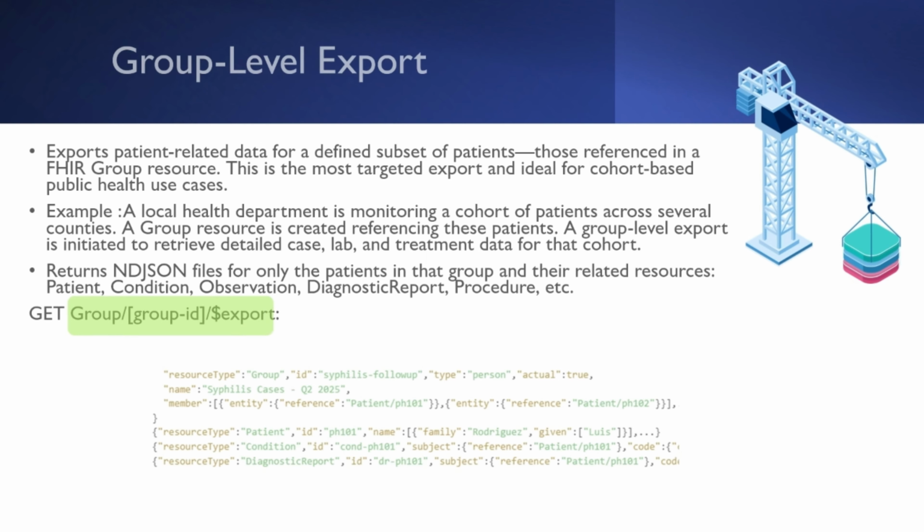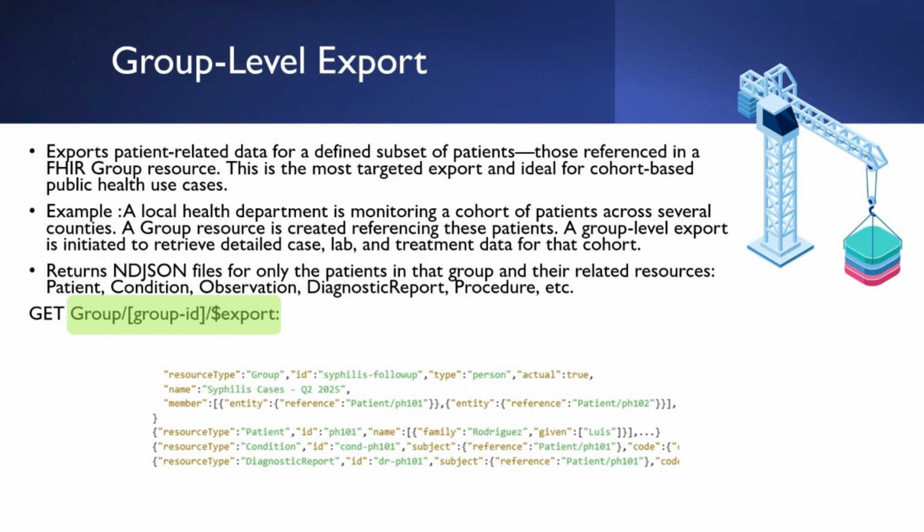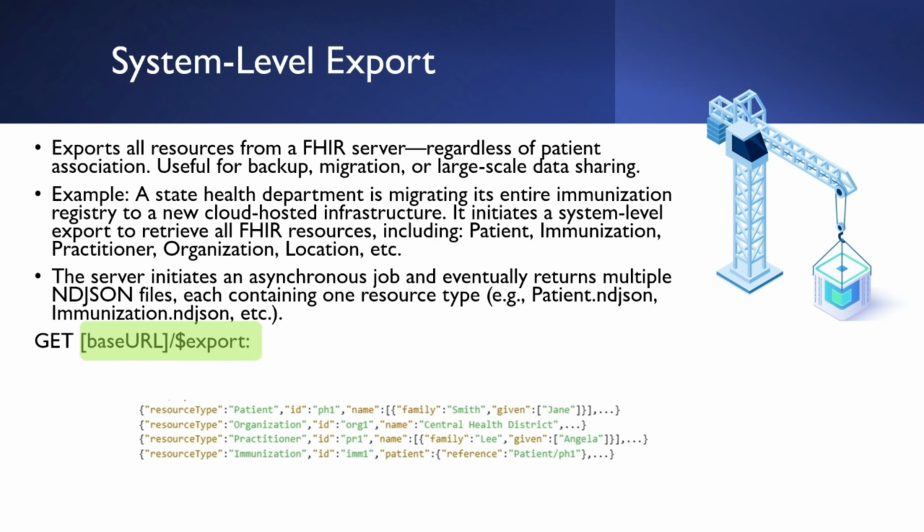Group-level export retrieves data for patients defined within a specific FHIR group resource. This is particularly useful in public health for cohort tracking. For example, monitoring a group of patients across several counties. A group resource is created referencing these patients, and an export is initiated to retrieve detailed case, lab, and treatment data for that cohort. Finally, system-level export retrieves all data from a FHIR server. This may be helpful when migrating an entire system or registry to new infrastructure. Because bulk FHIR uses standardized resource types and vocabularies, it facilitates data reuse across programs and jurisdictions, reducing duplication and